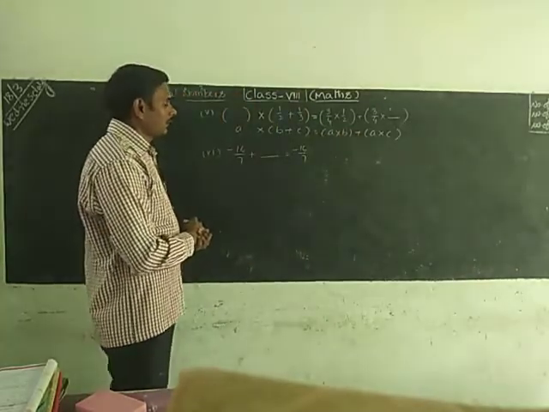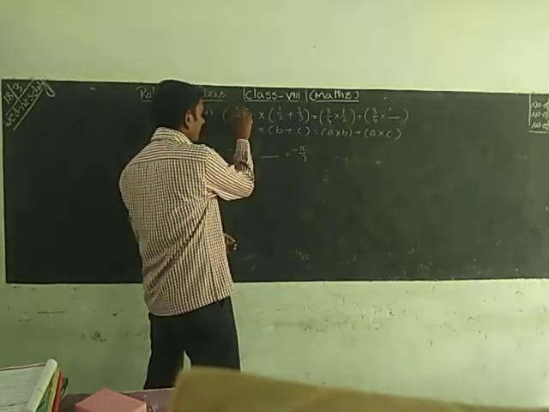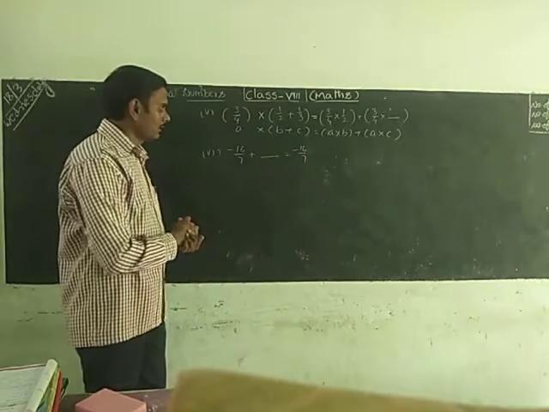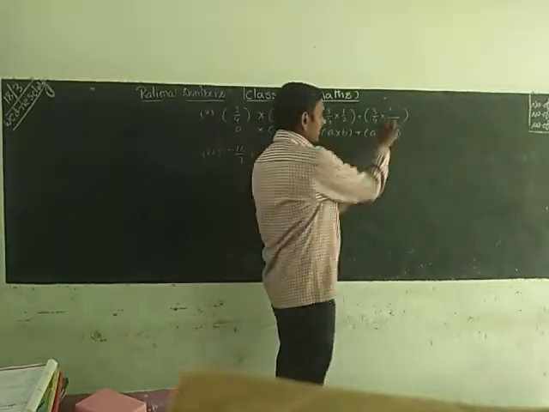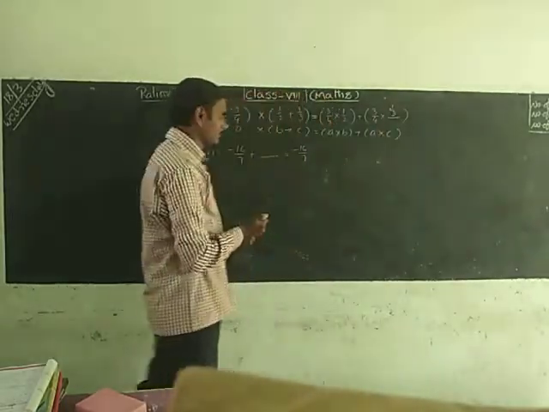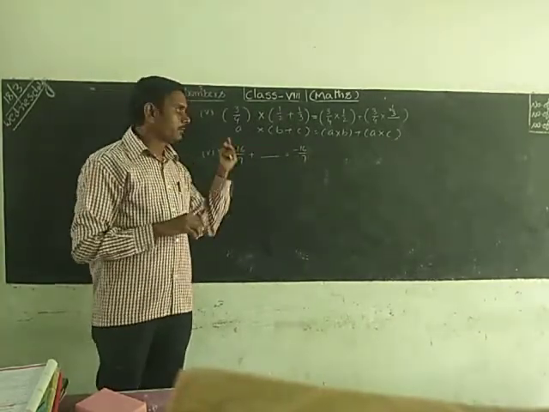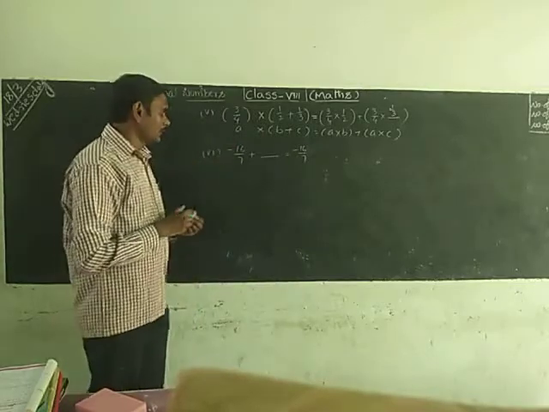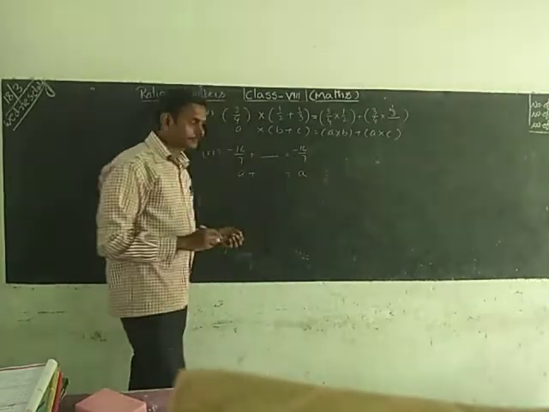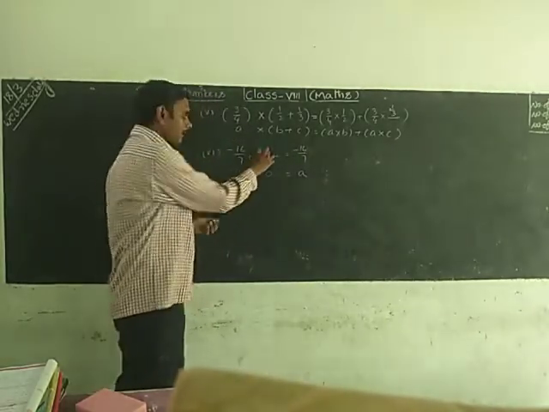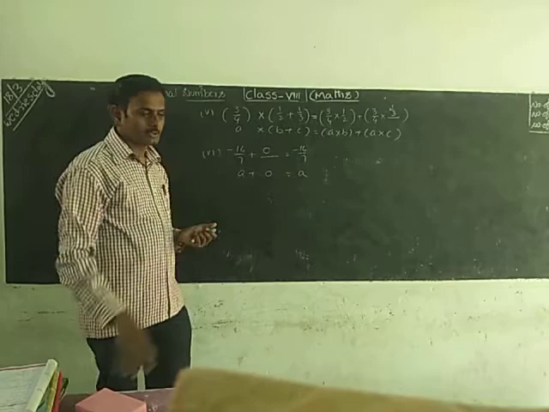Now, what is the A value here? Can you identify it? 3 by 4, so write 3 by 4. B value is 1 by 2, and C value is 1 by 3. Fill C with 1 by 3. We have to identify the property first, and then the missing numbers are very easy. Now A plus which number gives A? By adding A plus 0, we get the same number. That is the actual sum. Completed.